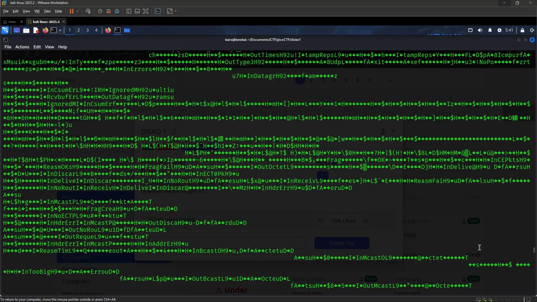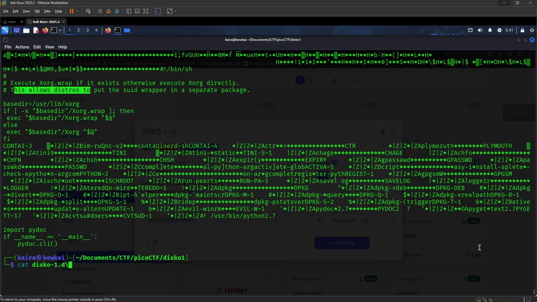But if you do grep directly on this file, would you be able to get anything? Hold on, let me check the file name. It's disco.dd. Let's see if we can find something. Grep, and we will do, say, pico.